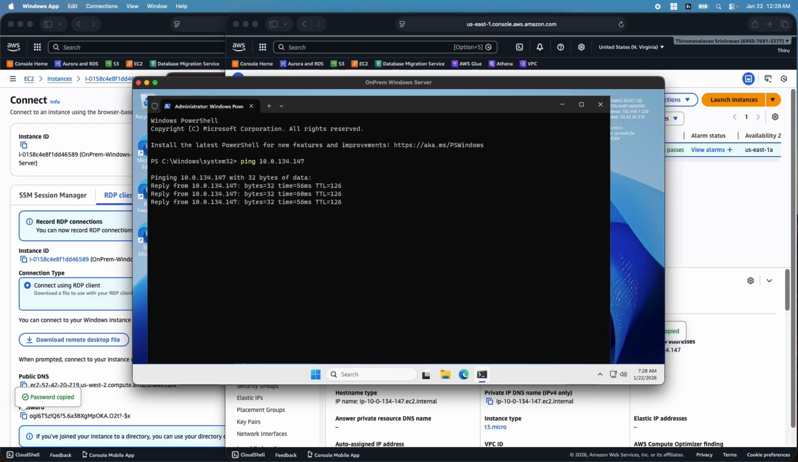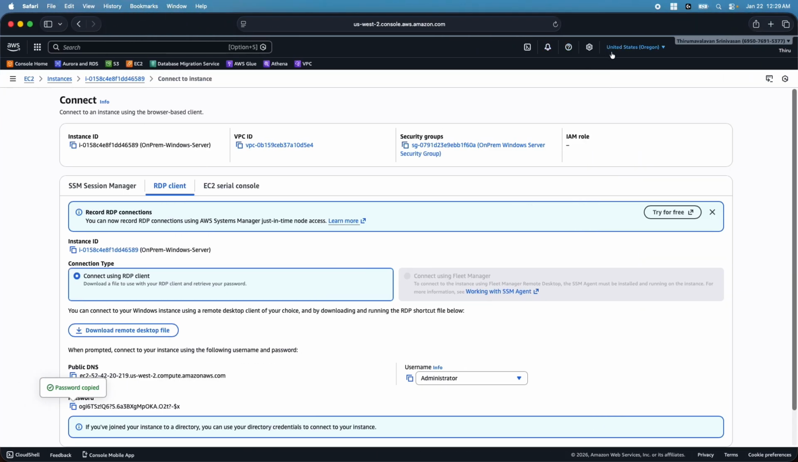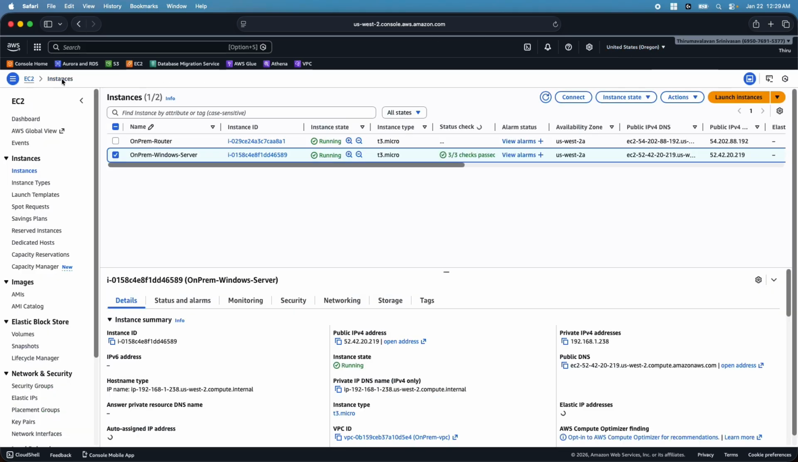Let's go back to the on-prem Windows server and see if I can ping this instance. Yep, it works. So this is just to show you that our AWS site-to-site VPN connection is working fine. So now let's go ahead and create a new EC2 instance. Then we will install and configure a new domain for us on that EC2 instance that will simulate on-premises Active Directory. So let's go into the on-prem